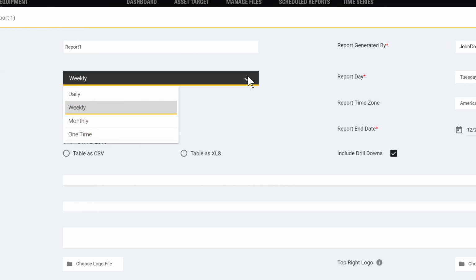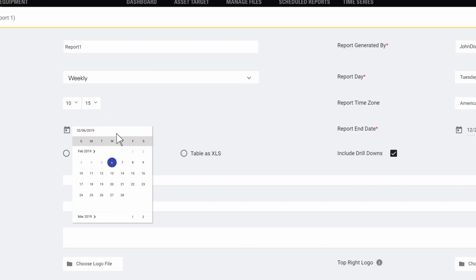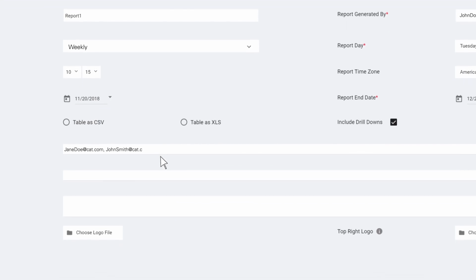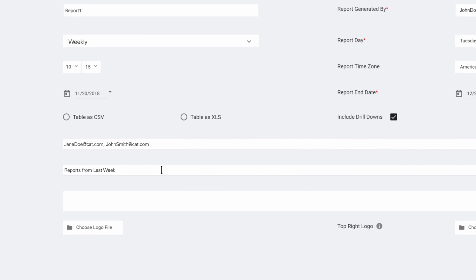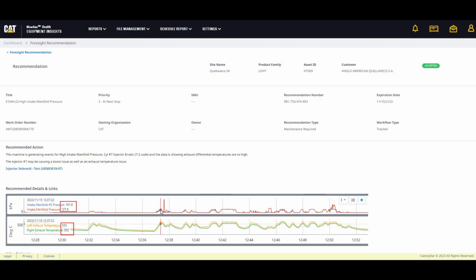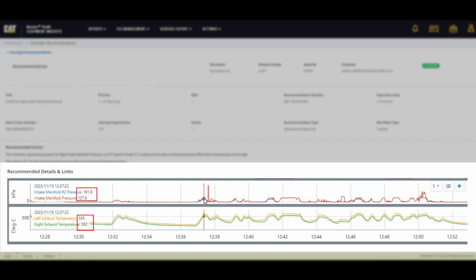With Health Equipment Insights, there is no need to download data and send it out in a separate email. The application provides a built-in functionality for automatic distribution of reports and data via email at an interval of your choice. If needed, data can also be exported in PDF or Excel formats. Your CAT dealer can even use Health Equipment Insights to send recommendations directly to you, including information about how high a priority the issue is, as well as relevant details and clickable links to supporting information that can help you